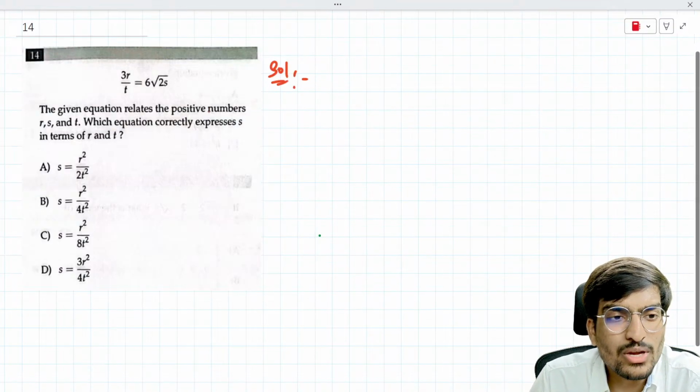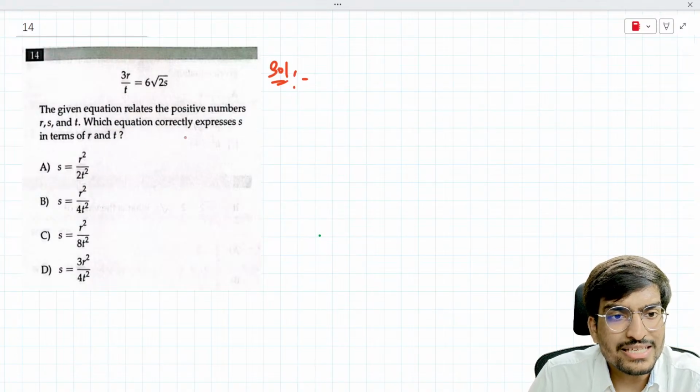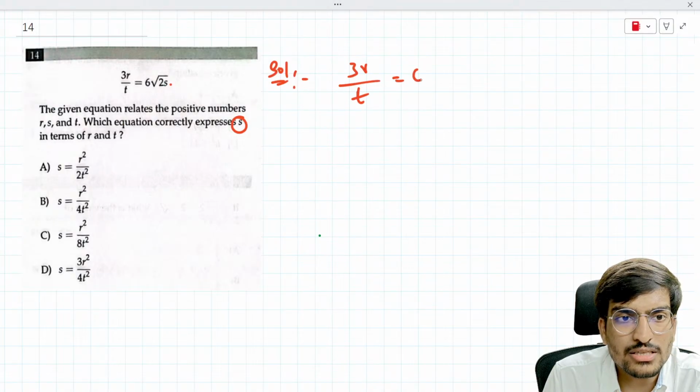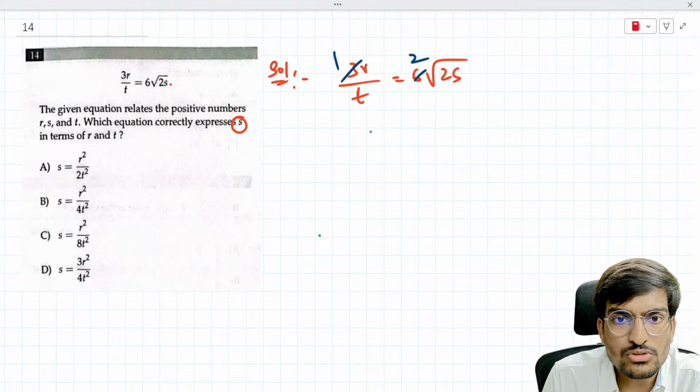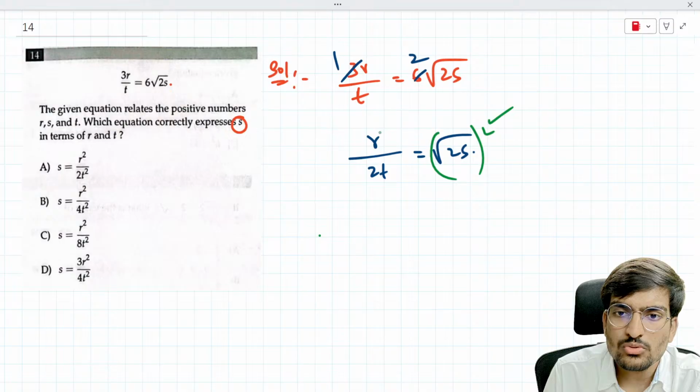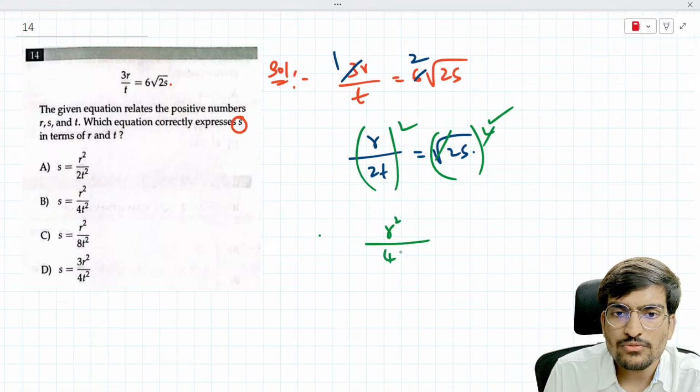The given equation relates the positive numbers R, S, T. Which equation correctly expresses S in terms of R and T? So how to do this? 3R by T equals 6 root 2S. So 3 ones, 3 twos. So R by 2T equals root 2S. I just removed everything except the root part. So now we have only the root, so it is easy. Just by squaring we can get it. Squaring, R square divided by 4T square equals